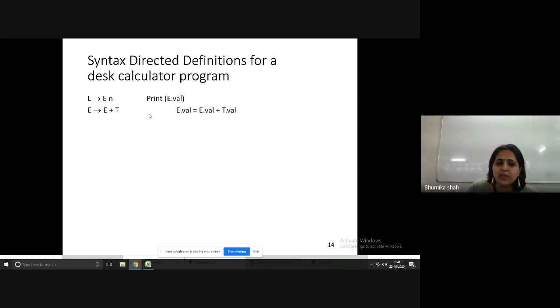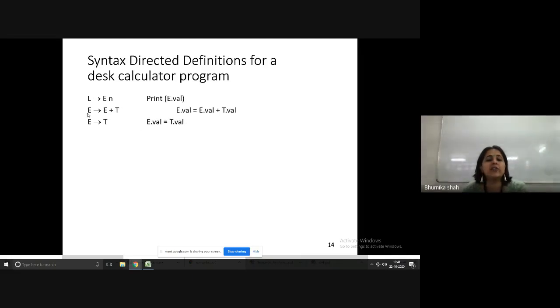Actually, right now we are focusing on which attribute? The value attribute. For the operation plus we may have a type attribute also, but right now we are talking about the value attribute, which value is going to be evaluated. So if I use the rule E derives E plus T, this rule is giving you this information: if you add E and T, whatever values they are holding, it will generate the result for the node on the left side, that is E. Fine. So the semantic action can be written as E dot value is equal to E dot value plus T dot value.